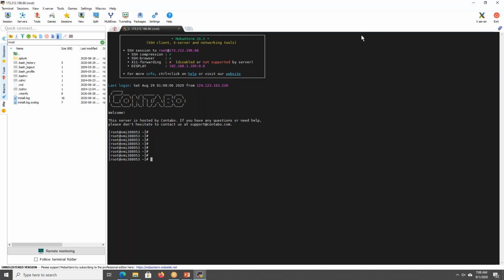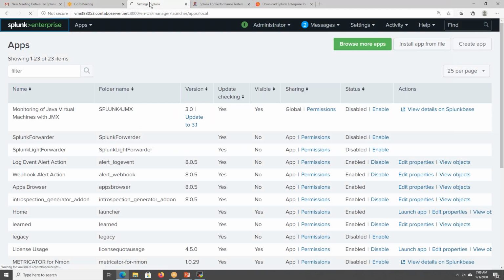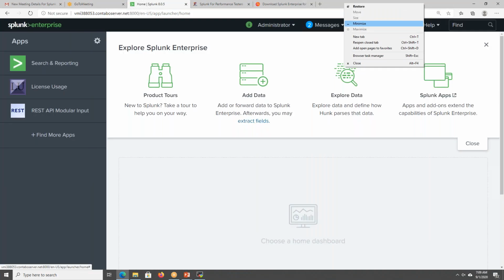Okay, this machine already has Splunk installed. Okay, this is the Splunk. So first I will destroy this, uninstall this and install it newly.